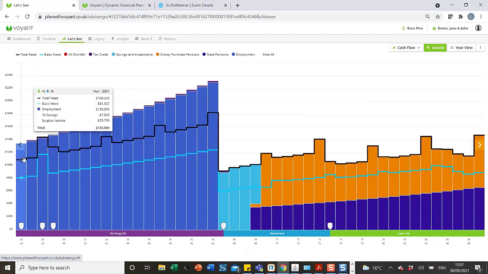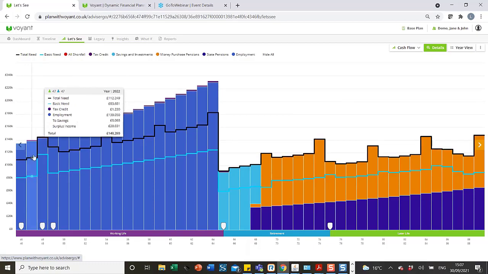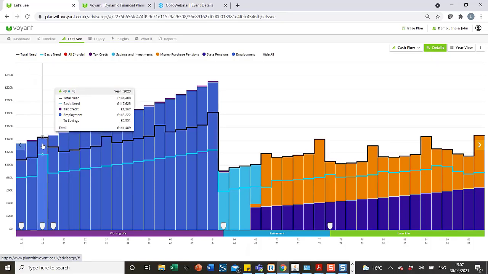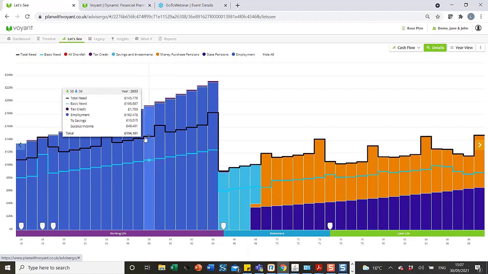Okay, so in this plan, if they don't spend their surplus, we talked about that surplus where the blue bar goes over the black line, they can actually meet from income that kitchen they want to put in, and also things like the car purchases that they want to have every 5 years. So this assumes that the expenses you have entered into this plan are really realistic for your clients and that their employment earnings increase slightly over the next few years. So they can afford to pay for that kitchen and they can afford to pay for the, say, for the